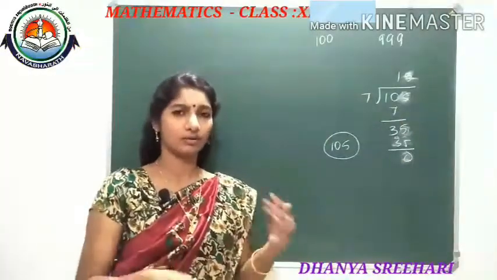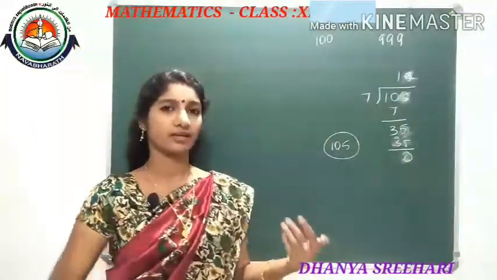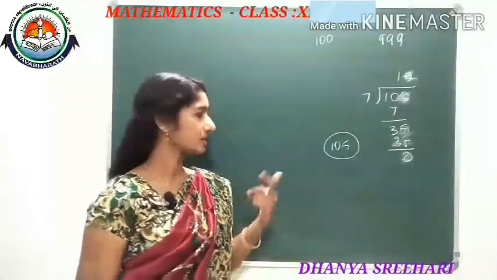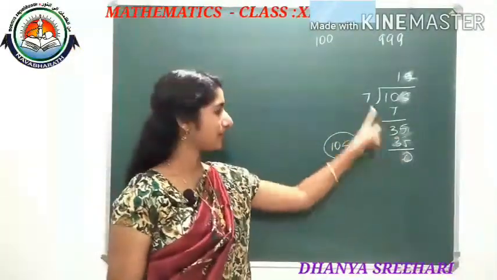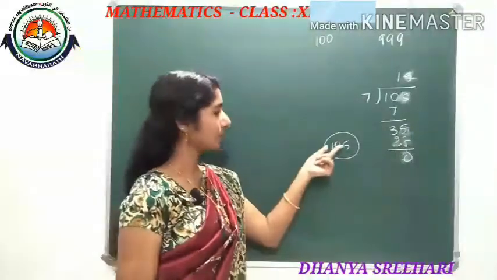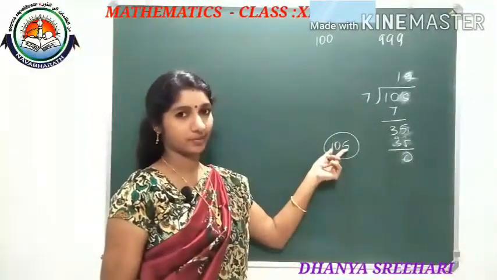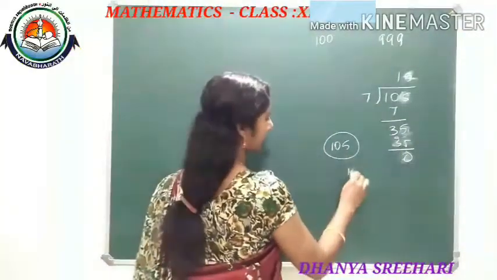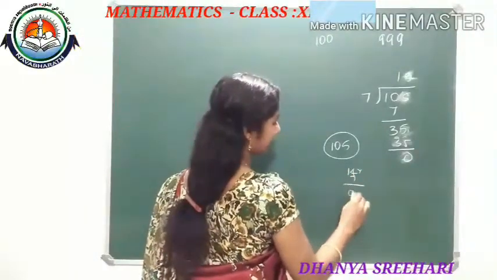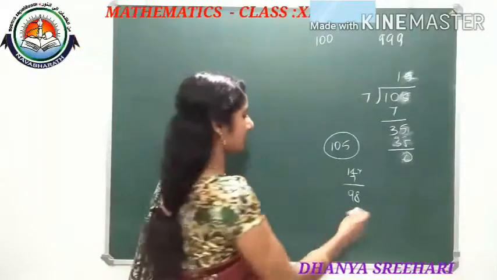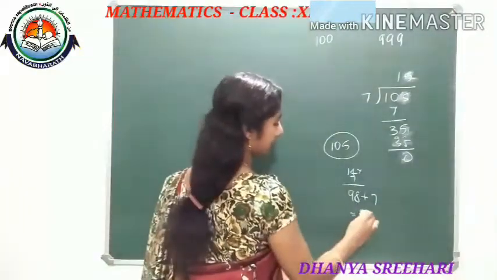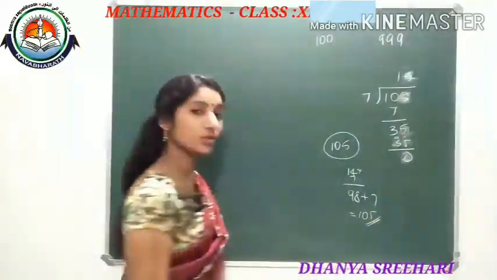Anyway, you can think, or you can check by each number, 101, 102, 103, like that. So better to think the first method. Okay, 2 balance. So 7 minus 2, 5 more required. So 105 is the next number. Or you can think like this also. 14 into 7, we are getting it as 98. That means 100 minus 2, 98. So the next number should be 98 plus 7, that is 105. Like this also you can think.